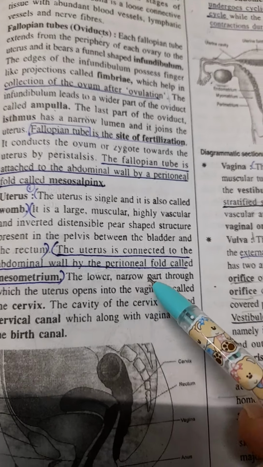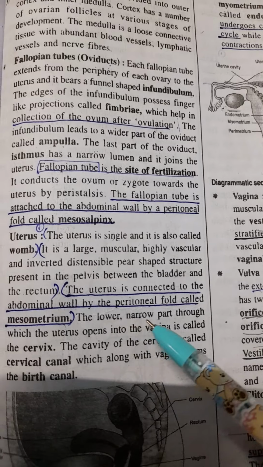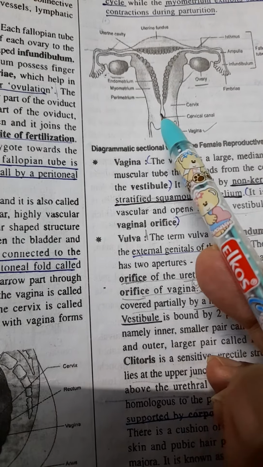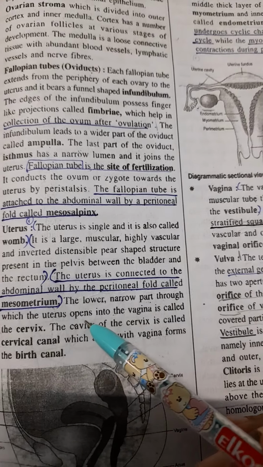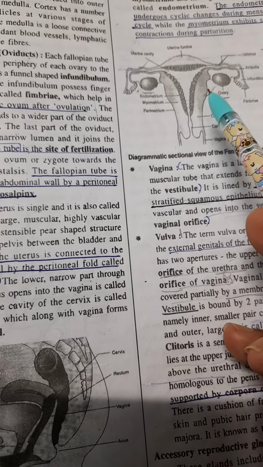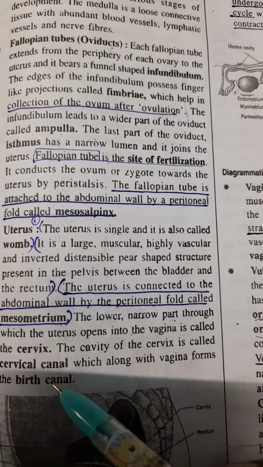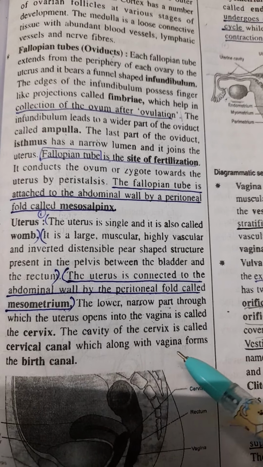The lower narrow part through which the uterus opens into the vagina is called the cervix. The cavity of the cervix is called the cervical canal, and along with the vagina it forms